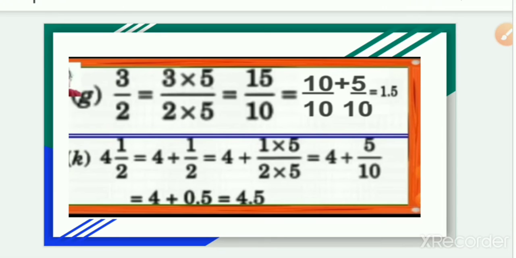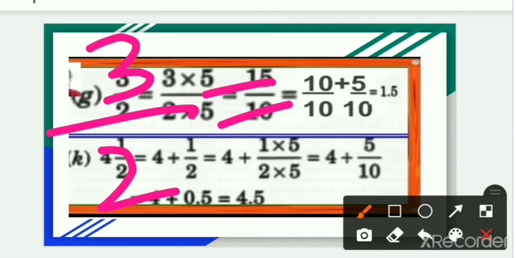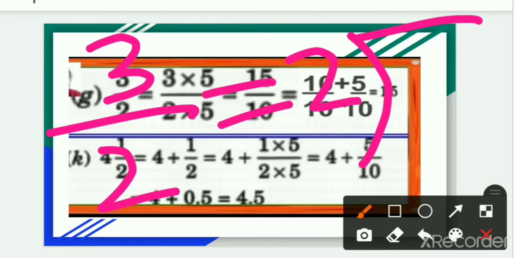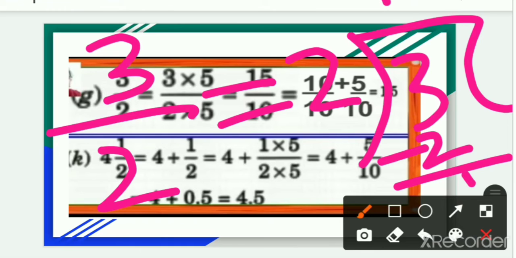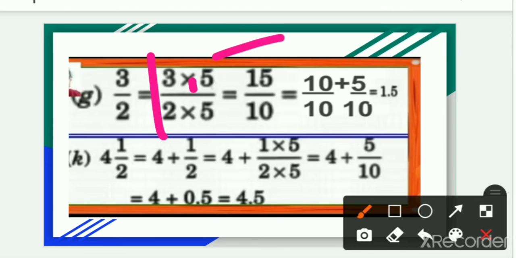Now we have the next question. We have 3 by 2. Okay. 3 by 2. Now solve this 3 by 2. What it will become? Divide. Simply just divide. 3 divided by 2. So 2 ones are 2. 3 minus 2 is 1. Make a decimal point here and increase 0. So it will be 2 fives are 10. So our answer will be 1.5. Okay. Our 3 by 2 fraction will be equal to 1.5.